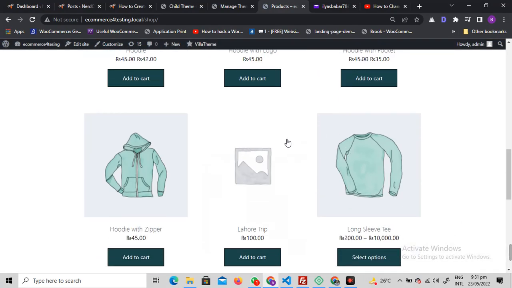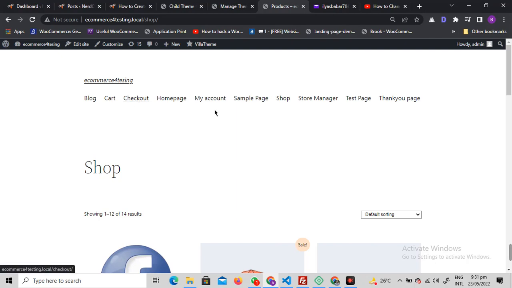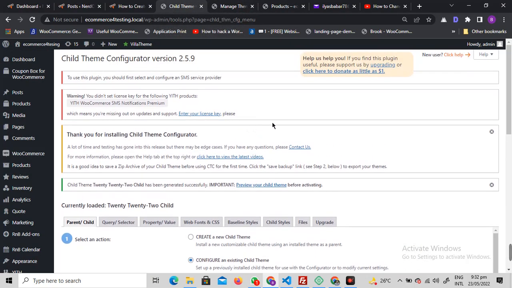So as you can see, everything seems to be looking pretty well, exactly the same as the parent theme. So I'm hoping that the child theme created by that plugin is perfectly fine. So in the other scenario, if you don't want to install a separate plugin for this little thing,